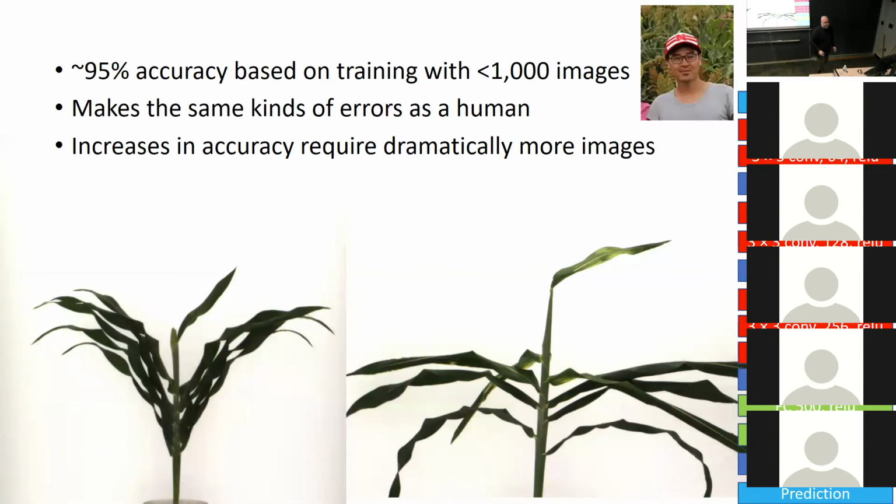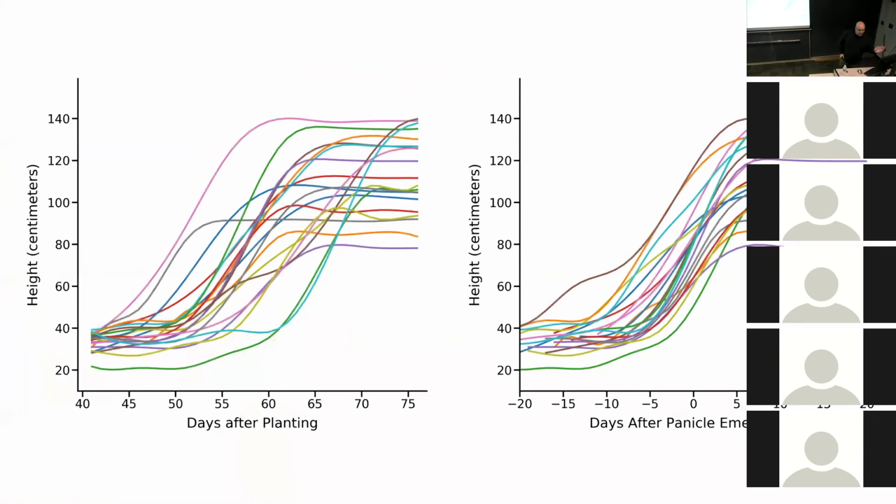So these are a lot of the same kinds of mistakes that I would expect, particularly a bored human being to make if I was hiring high school students or people online to do these classifications. So once we have this classification data, instead of using planting as our benchmark for comparing everything, we can shift